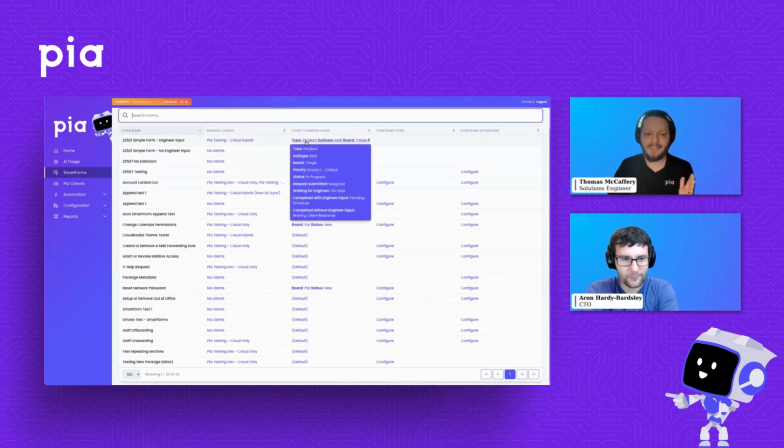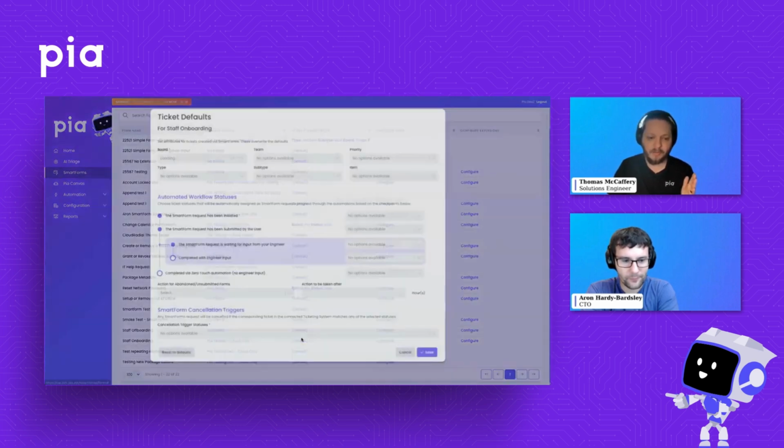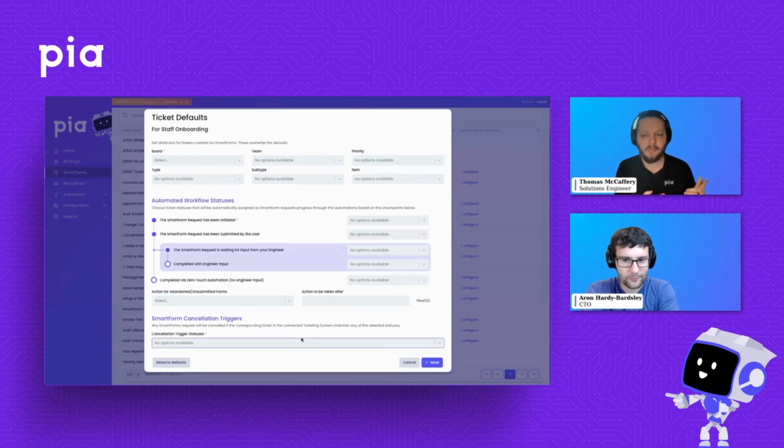But talk to me a little bit about these stamping rules here. Most of them are set to default here, but if I take one of them and open this up, this looks pretty similar to the page I saw earlier. So is this that per form ruling you were talking about? Exactly. It's per form configuration. You can override those default values.